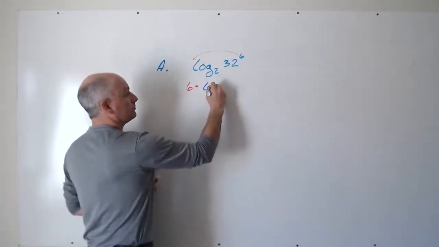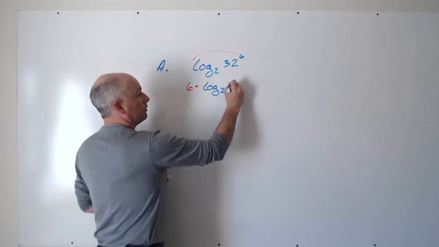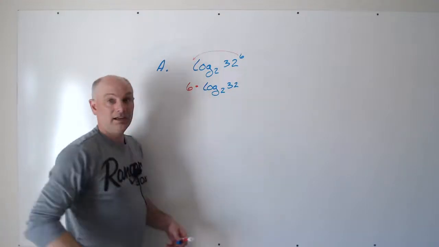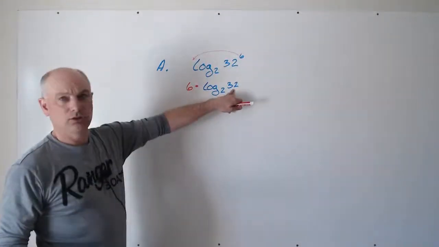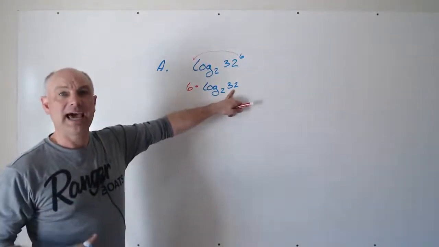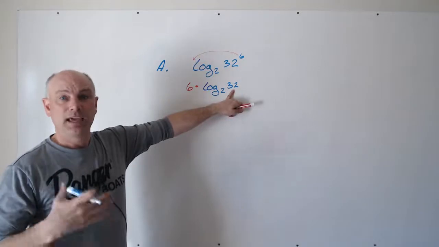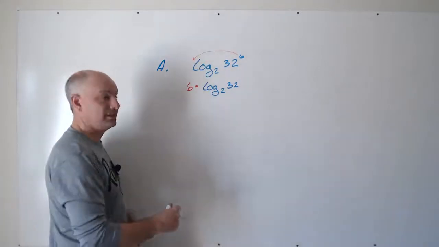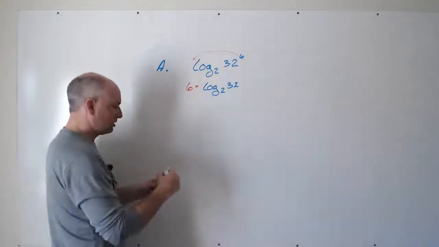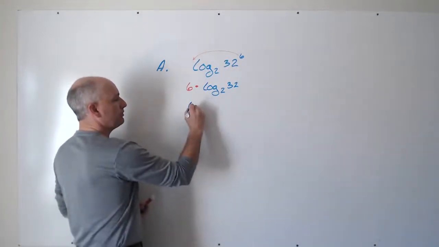Now, they're going to say, okay, keep simplifying if you can. So I'm looking at 32, and I know that I could write that as 2 to the power of 5. So there is a little variance you can do here. But if I make that move next,